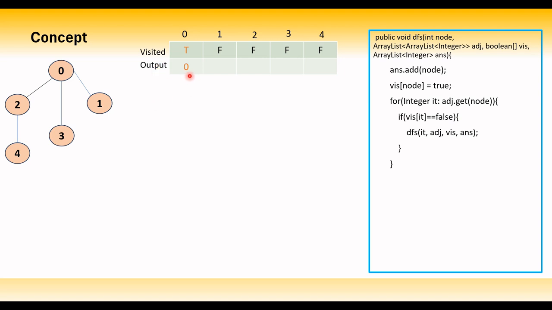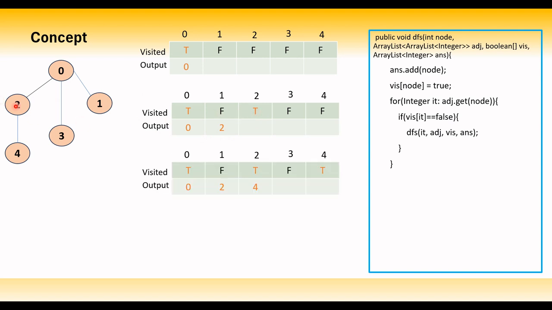So initially the base vertex is 0, so we'll mark it as true in the boolean array. So we'll hold a boolean array and we'll keep marking it true as and when we visit it. So initially the output array is filled with 0. So here we are adding 0, and then we'll check all of the adjacent nodes which are not visited from 0. So since 2 is not visited, so we'll be adding 2 to the output array and we'll be marking it as